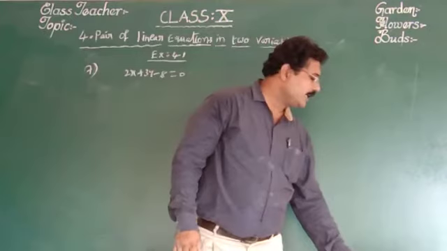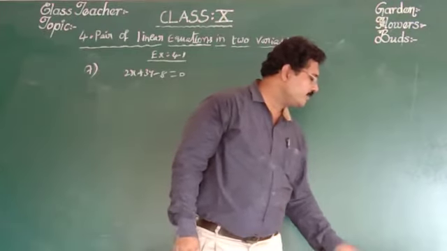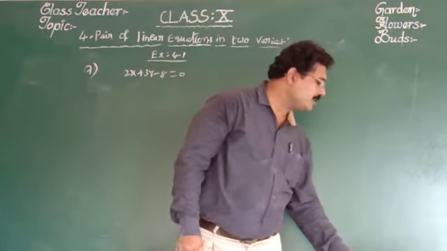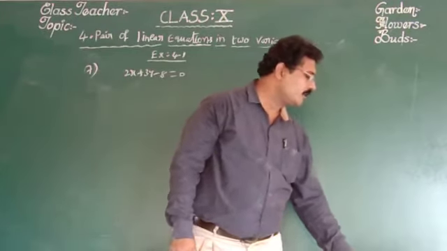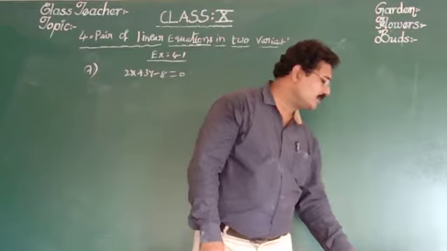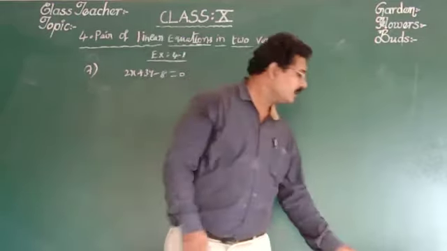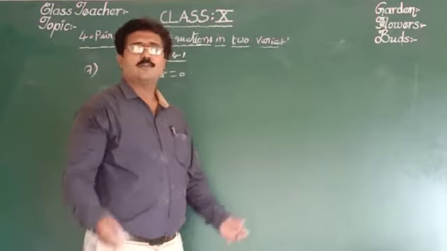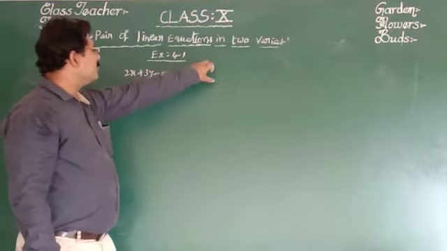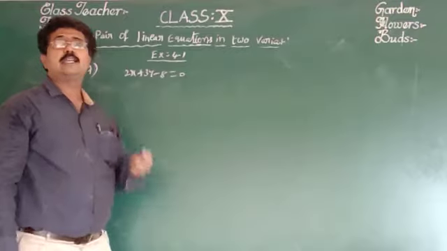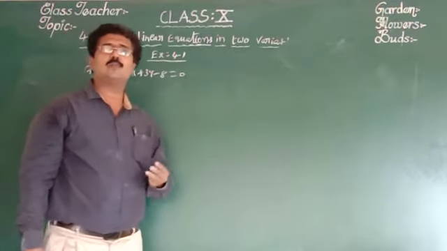Plus 3y minus 8 is equal to 0. That is given. Now, write another linear equation in two variables such that the geometrical representation of the pair so formed is intersecting lines. Now, write two more linear equations so that one forms a pair of parallel lines and the second forms coincident lines with the given equation. So, by using the given equation, we have to write three more equations. What are the three more equations?